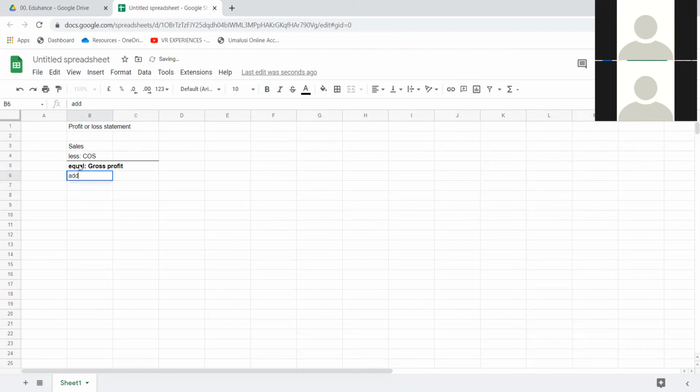Then we would add other expenses, other income. We would subtract other expenses, and then this would give us